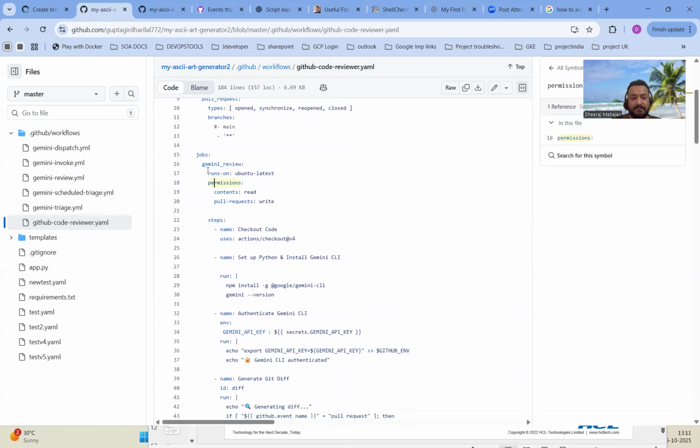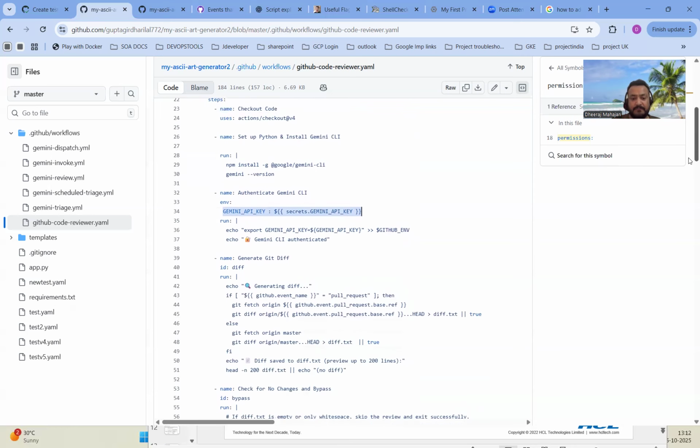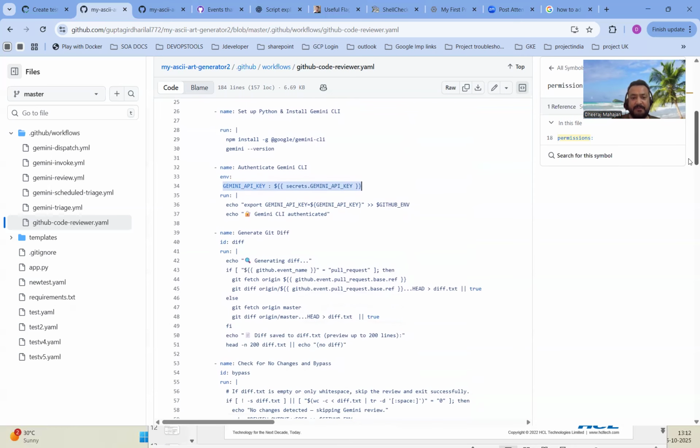We have a runner, you can see it runs on. We have a step to check out the code. We have steps to install Python, right? We have steps to authenticate Gemini, so this is very important. In the previous video, I already showed how we add the Gemini key. The same way we have to use this Gemini key over here. So we will authenticate using the Gemini key. Here we are installing Gemini, and after that we are authenticating it using the